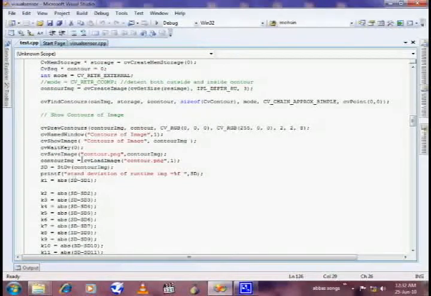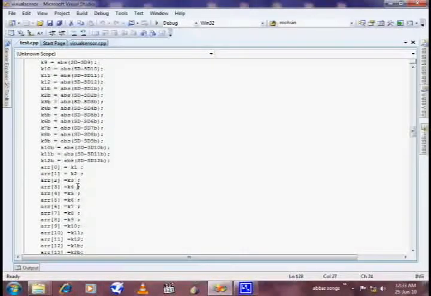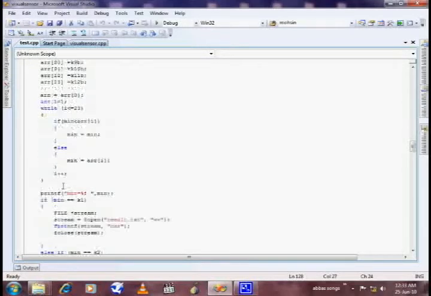When we find the contours of the image, we calculate its standard deviation by our standard deviation function, and when the function calculates it, we compare it with our database and store it in our variables. After that, whichever value is closest to our database, we define that as our image.